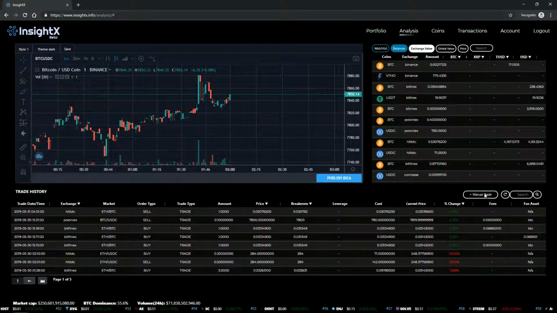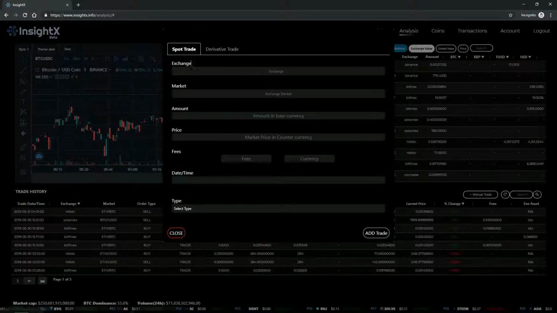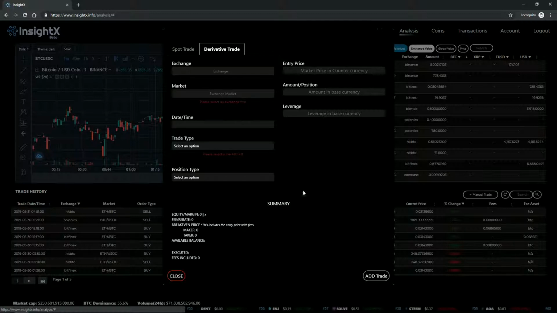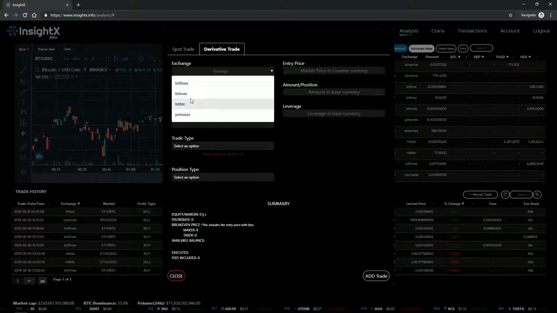But if we were to add a manual trade, you'll see that you have a spot trade option, which will be the majority of our exchanges currently. And you can also add a manual derivative exchange. And currently there is only BitMEX supported, but we look to be adding Bybit, PrimeXBT, Deribit, all those very soon. But we'll go ahead and add a BitMEX